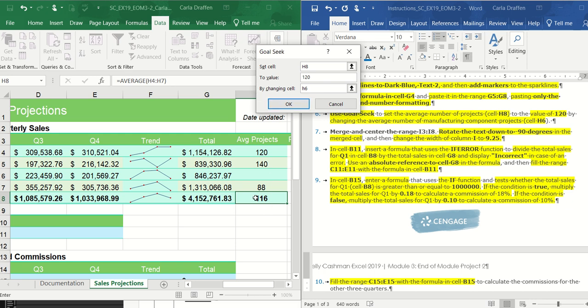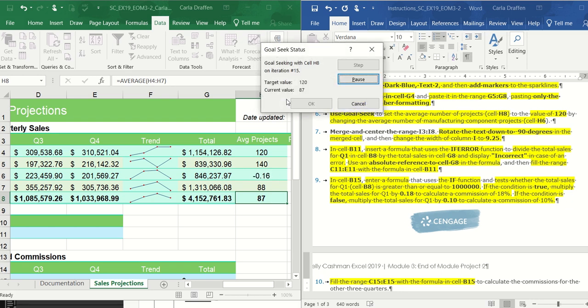And we should see H8 changed to 120 because that's what we're trying to achieve. That's our goal. So when we click on OK, it'll calculate. It takes a moment for it to run through all possible scenarios. And so we get to a 120. It's going to take average projects of 132 for that particular